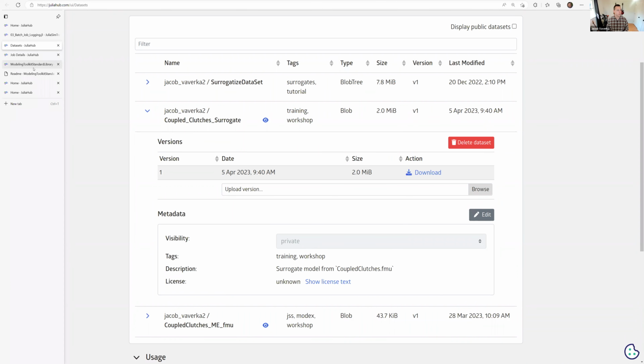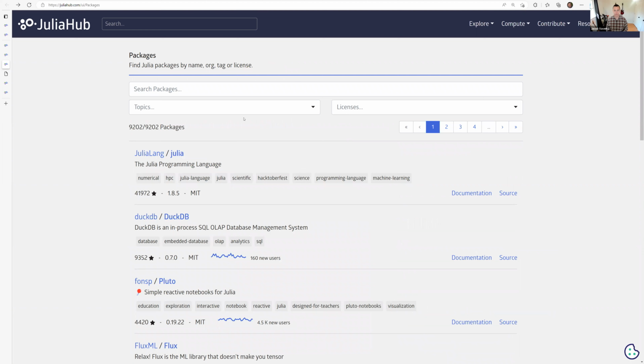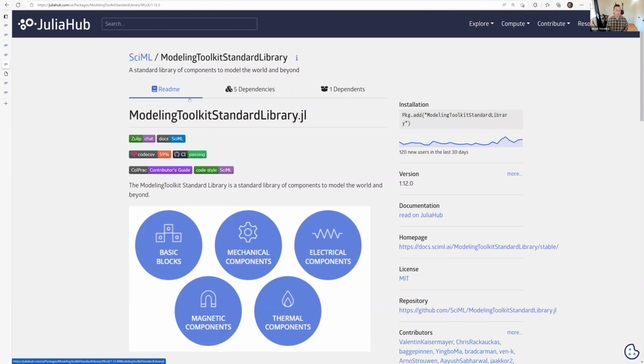And let me just also point out, kind of walking back, we talked about how do you build models and the fact that it's likely that you're going to want to build your own components. So what you're seeing here is kind of the interface. This is what it looks like to search packages on JuliaHub. It's got a great package search, and you can find symbols and keywords and whatnot. And then if you click this read on JuliaHub link,